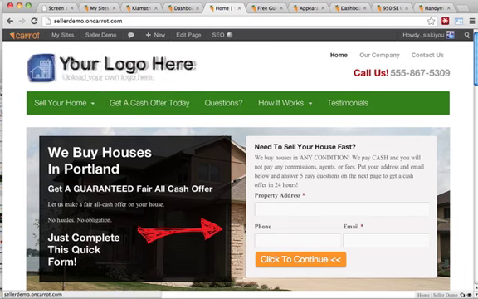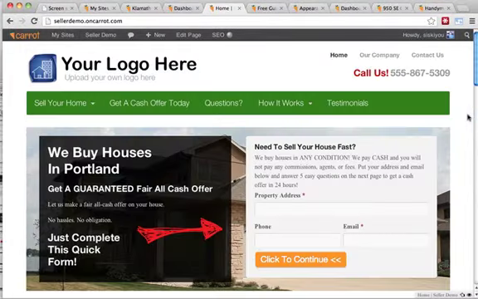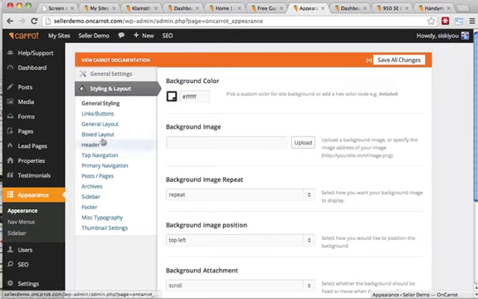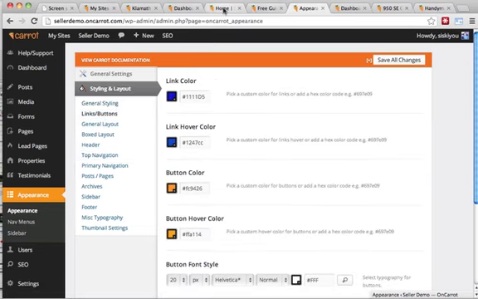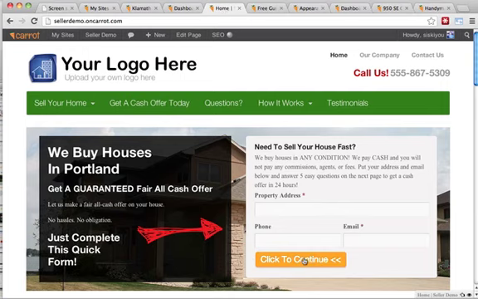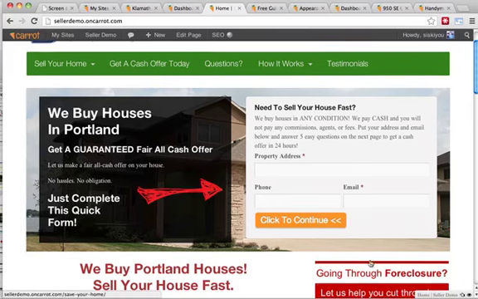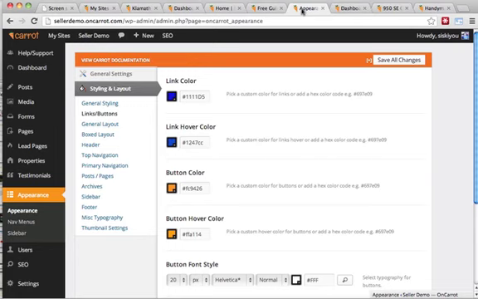If I would upload a logo there, this website would look almost custom. And you can see I took the background image off. I took that little box layout off. I changed my colors, and this website looks really, really good. So I would just urge you to dive around. If you want the website to look a lot different, you can change almost everything in there, including the color of these buttons. So we've tested things, and orange converts really well for buttons. But if you wanted a green button on all of your squeeze pages, just go ahead and change that color through, once again, appearance,